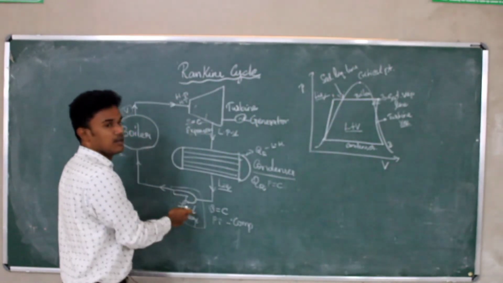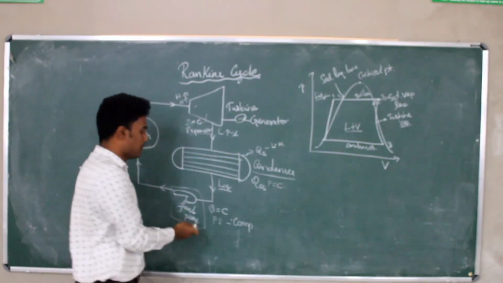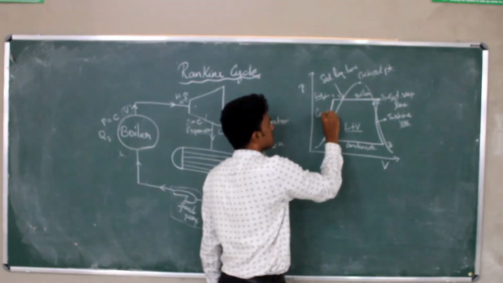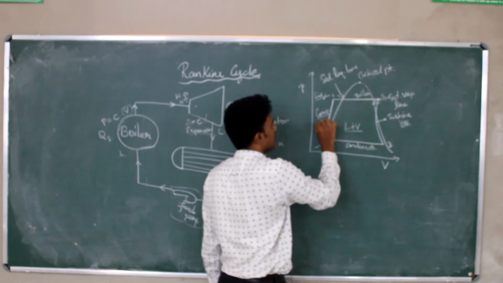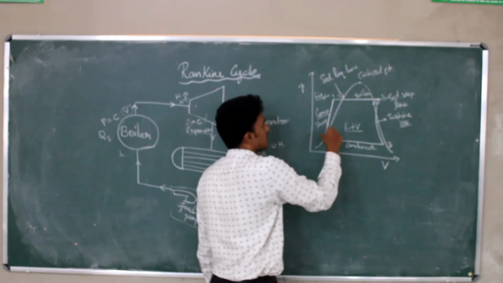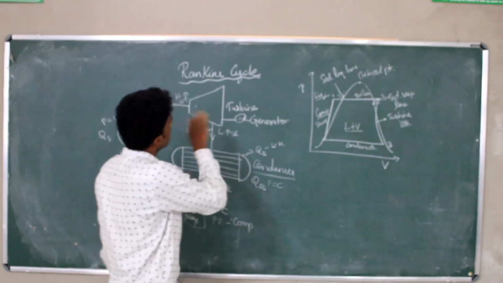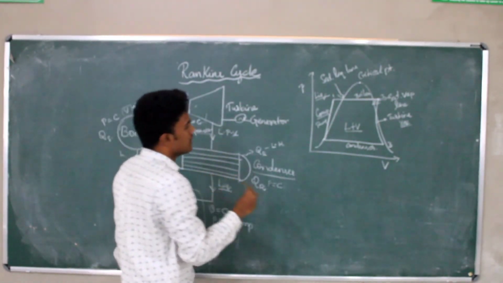Next is the process involved in the feed pump, which is the isentropic compression. Here the compression process occurs. So this is in the feed pump. These are all the various processes involved in the Rankine cycle, that is the power plant. Okay. So we can draw the